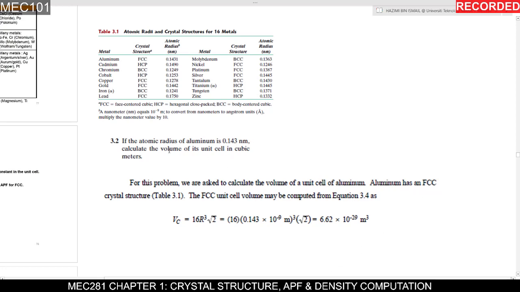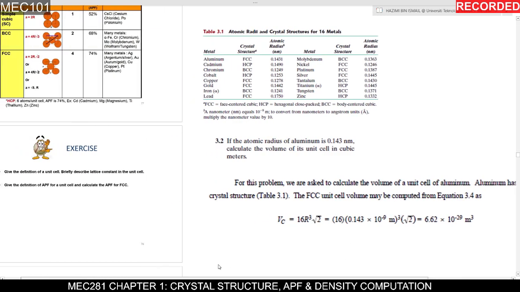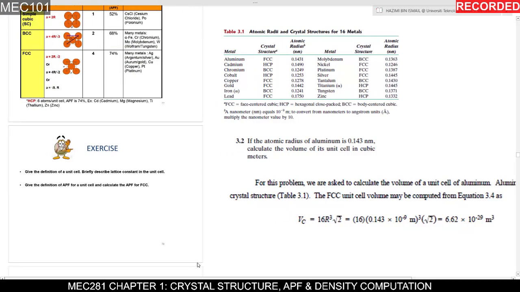Okay, we have to know the crystal structure of the aluminum. Aluminum here is FCC, so the equation for the FCC here is a equal to 2 times R times the square root of 2. So you have,